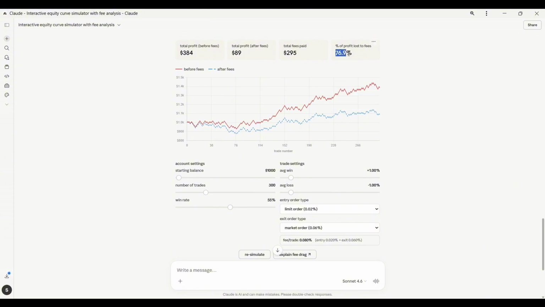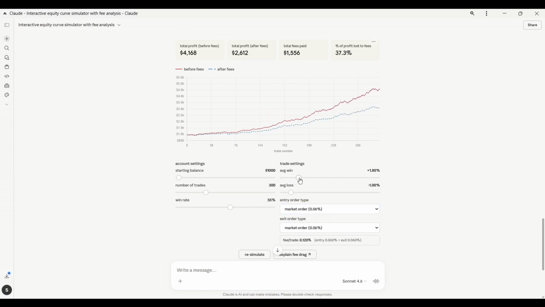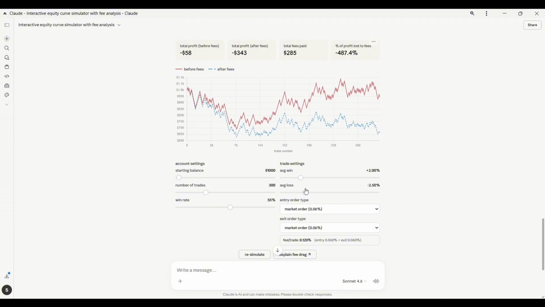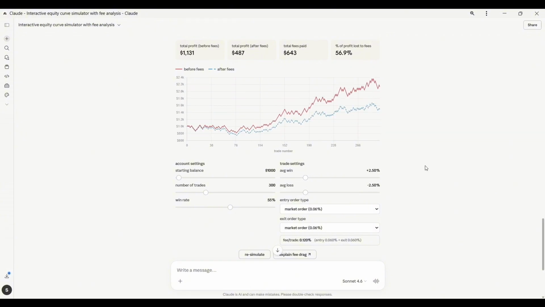It's still a pretty big gap with how much profit is actually being lost to fees. And this is assuming that every single trade has a risk reward of 1, and I'm not cutting any trades early. Now, when I'm using market orders to enter a trade, the smallest move that I will be going for is 2%. Oh, sorry, 2.5. My bad. It's going to be 2.5. So we can see here that still,